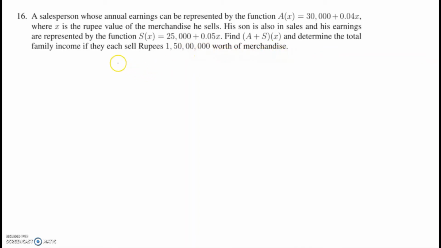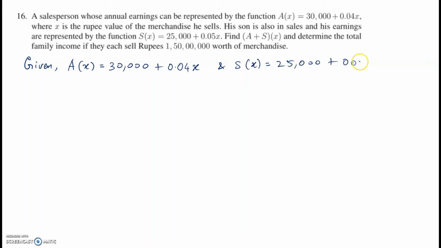All right, so what's given to us is first the father's income in terms of the function a of x is equal to 30,000 plus 0.04x, and the son's earnings in the function s of x is equal to 25,000 plus 0.05x, where x is the rupee value